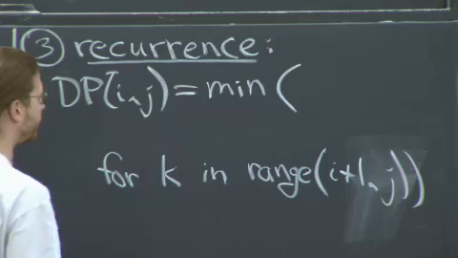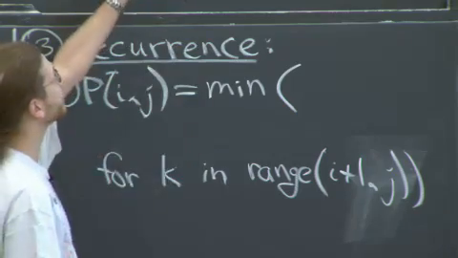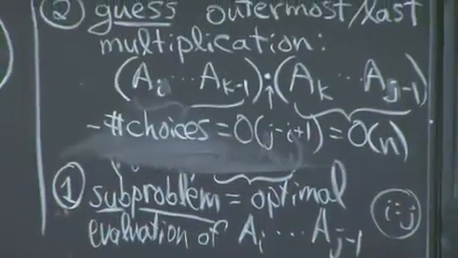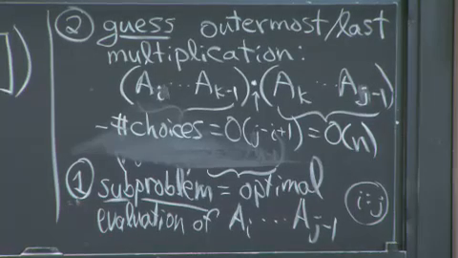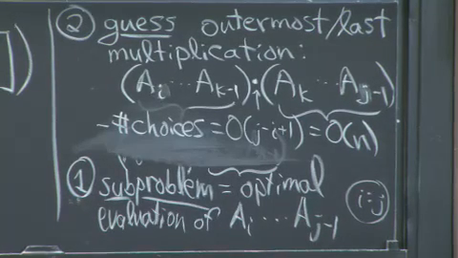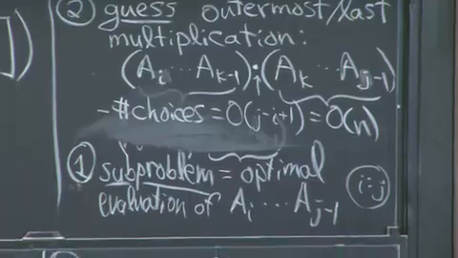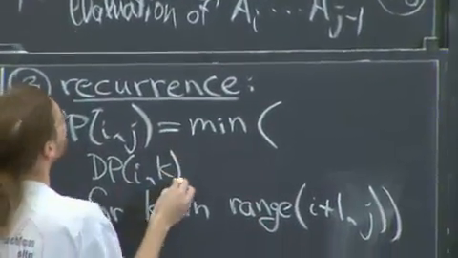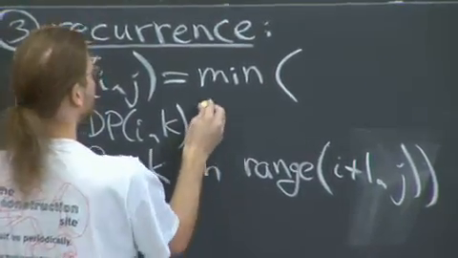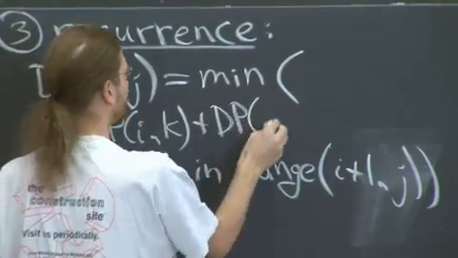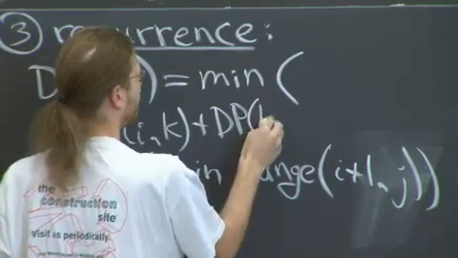And once I choose where k is, where I'm going to split my multiplication, I do the cost for i up to k, that's the left multiplication, plus the cost for k up to j,